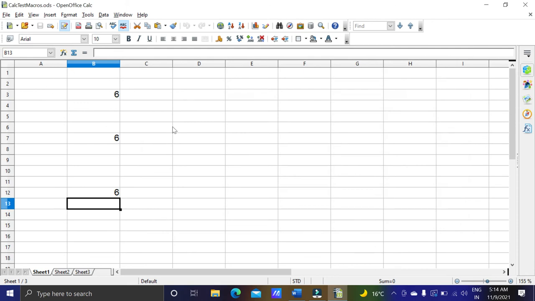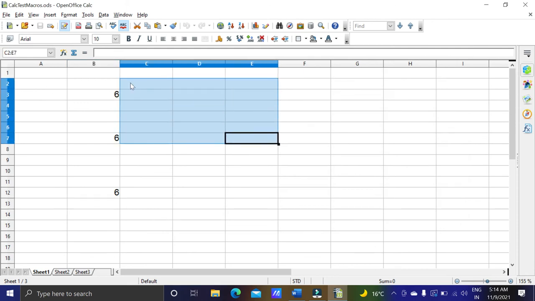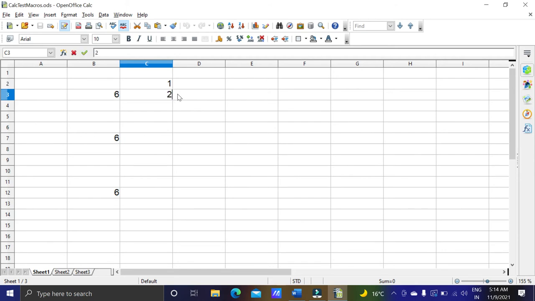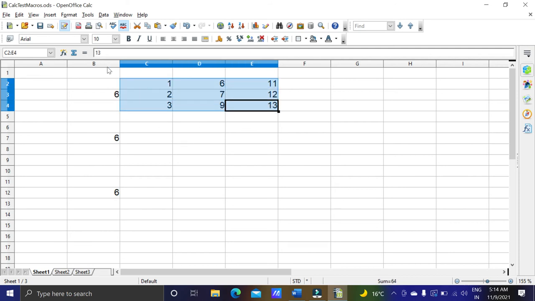So suppose I save one macro here. Suppose numbers, and suppose I selected 3, and then I want to create a macro out of these.